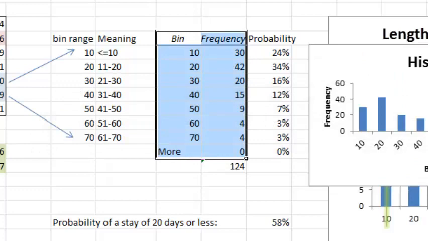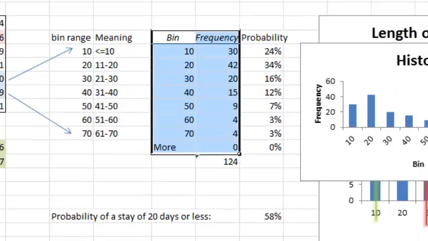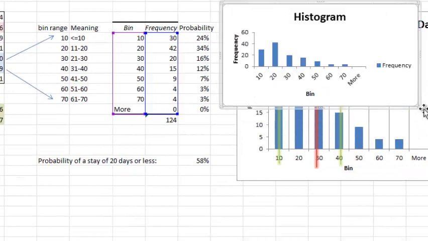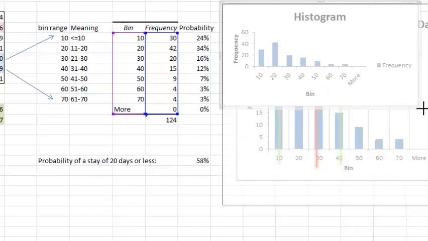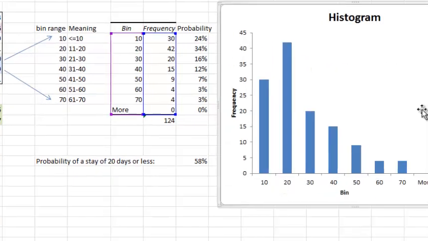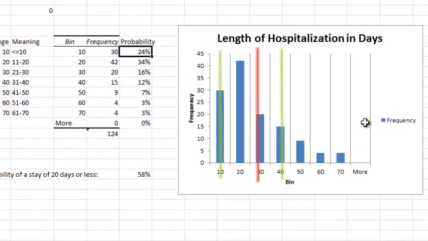So it creates the calculation for me and then automatically creates a histogram for me with the appropriate labels. Now what I've done is I've calculated probability by taking the frequency value that was calculated and dividing it by the total. And then I've also, on top of the histogram chart that was created for me, I've added some lines. And in order to do this,